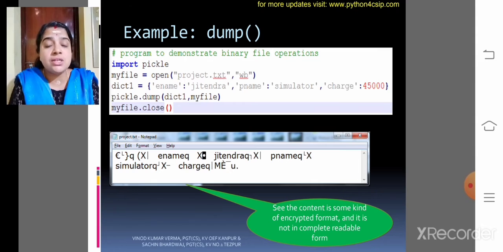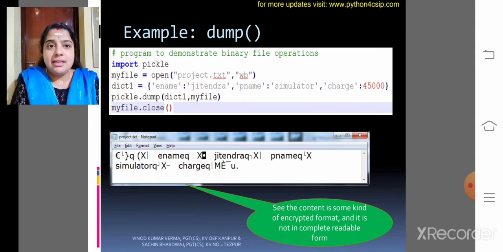That is why I used wb. Then dict1 is a dictionary I created with ename, pname and charge as the keys, and Jitendra, simulator, 45,000 as the values.